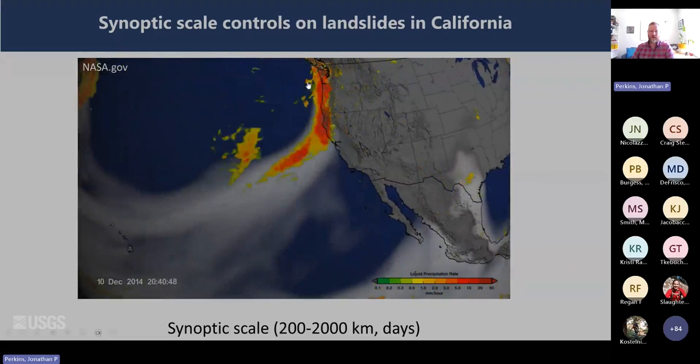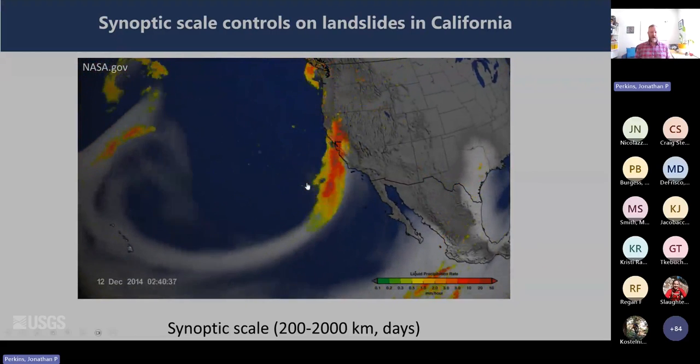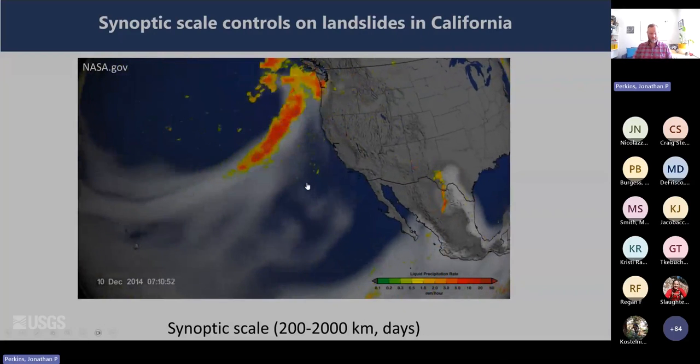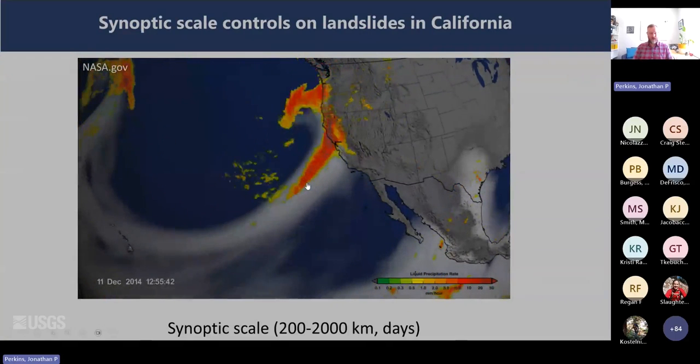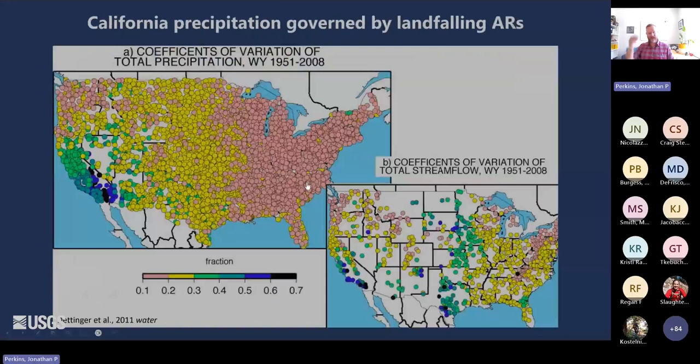And so these are what are called synoptic scale features. They're hundreds to thousands of kilometers long and on the dynamic scale of days, right? And so these wind up being really important for the water balance of California. That's visualized in this really nice graphic, if we just focus on the one on the top left here, from a paper by Dettinger et al. in 2011, where they show that California is kind of unique among the United States in terms of its precipitation